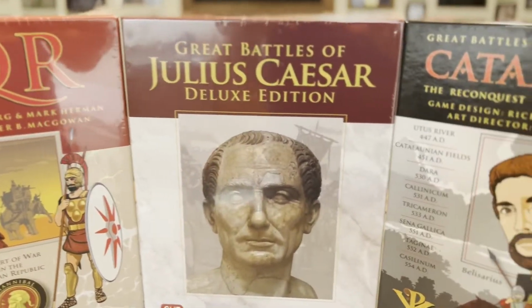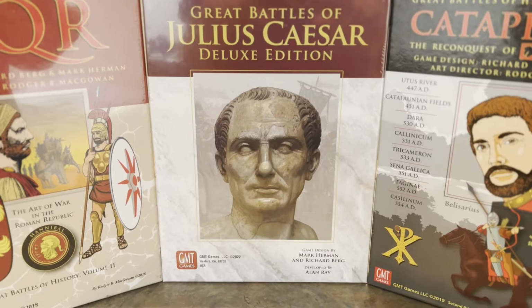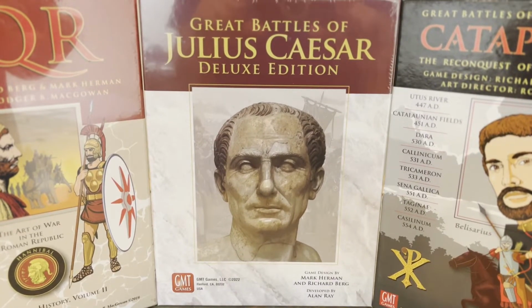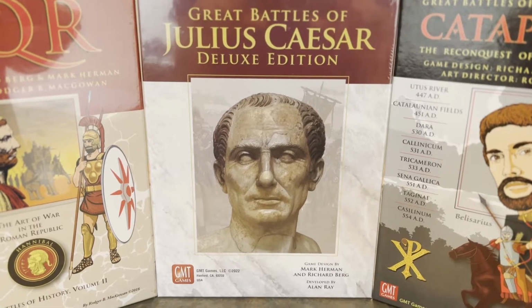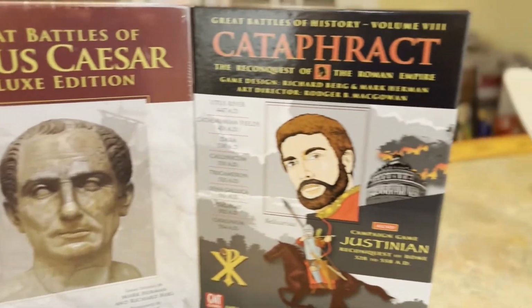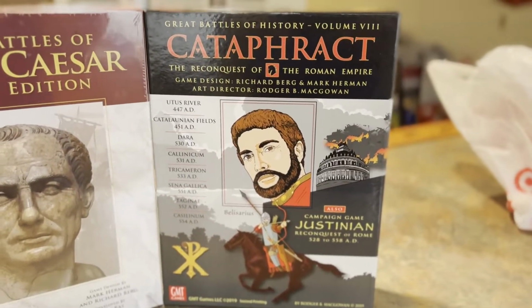Then we have the Great Battles of Julius Caesar Deluxe Edition. This was just recently released. This is actually a compilation of several of the Great Battles of History content modules, I suppose you could say. And then, of course, we also have Cataphract, which was actually a little bit later in the Roman